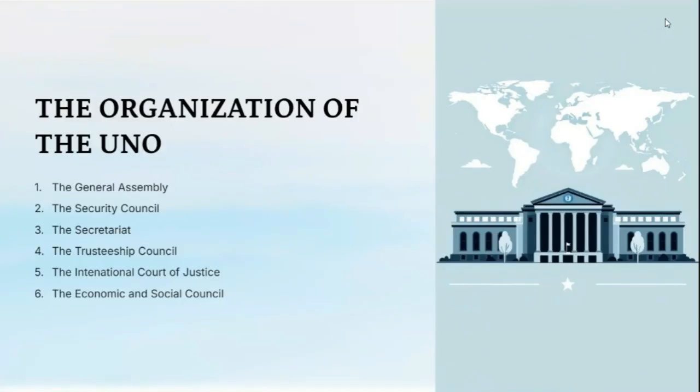Now, the other one is the Security Council, the strongest. Security Council is another organ of the UNO, and it's the most powerful of all the organs. Most times you see this in objective questions. So if they ask which organ is the most powerful when it comes to the United Nations Organization, it says Security Council. They are the most powerful of all. Now they promote peace and security.